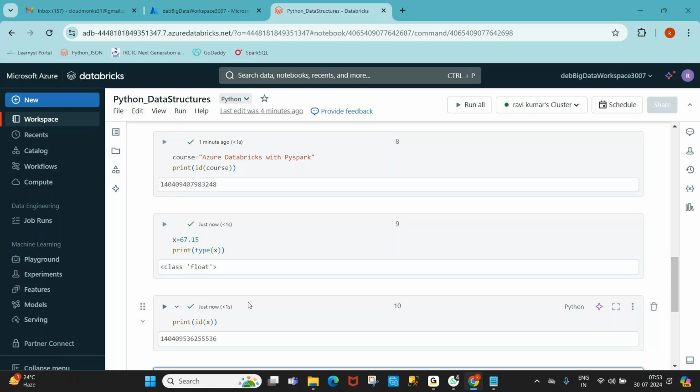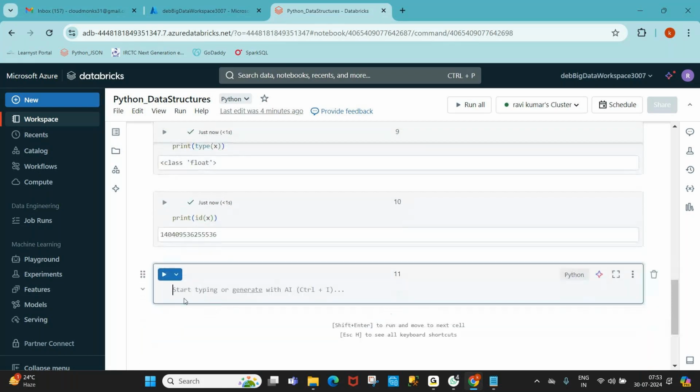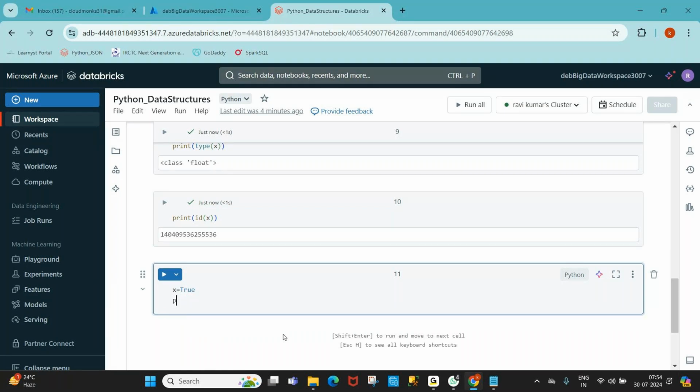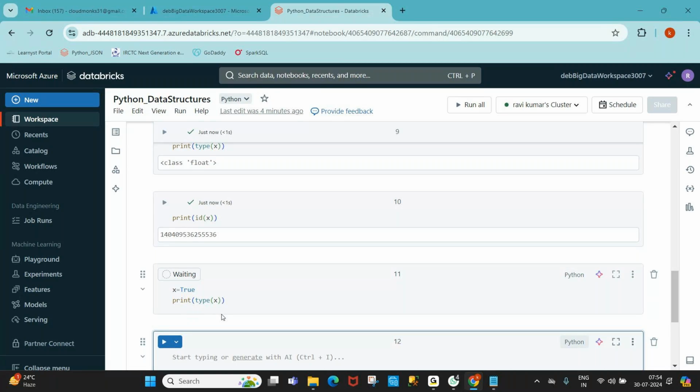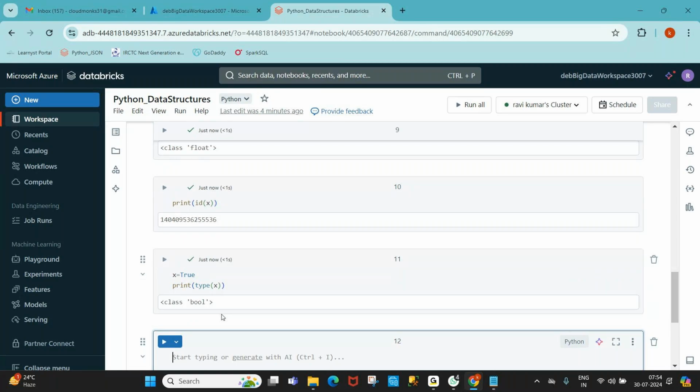In the same way, guys, you can say x is equal to True. Now print type of x. See, bool means boolean data type.